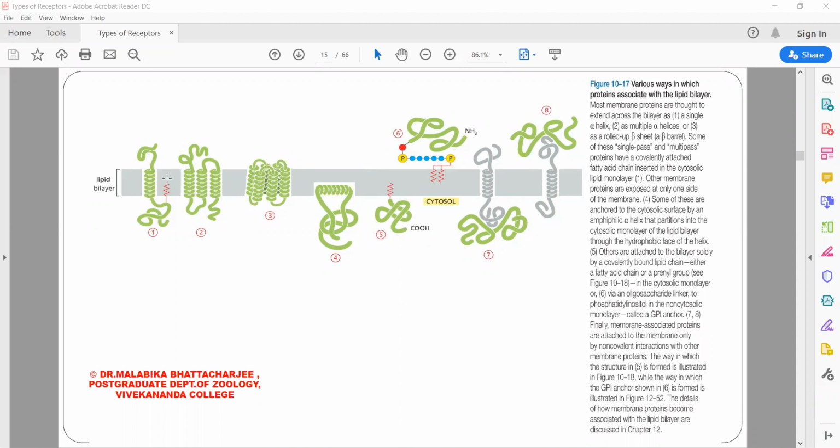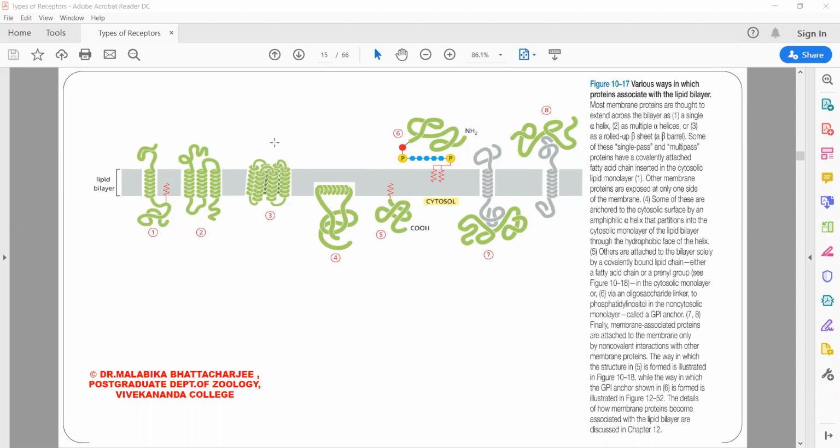So here also you can see the protein is passing through the membrane and is also attached. Here also the protein is passing through the membrane and here attached. So this is basically a GPI anchor. As you can see, there is a phospholipid, there is a phospholipid. This is a carbohydrate molecule. So this is basically the structure for GPI anchor, which I'll show you in detail.